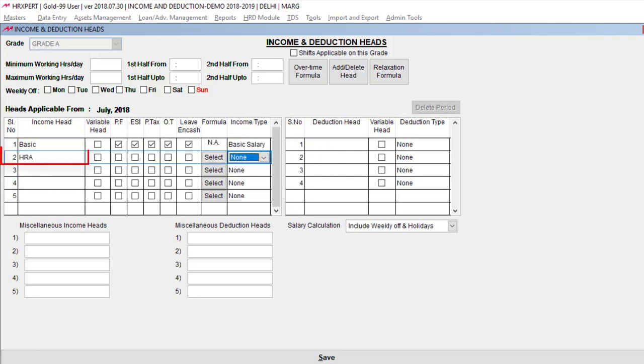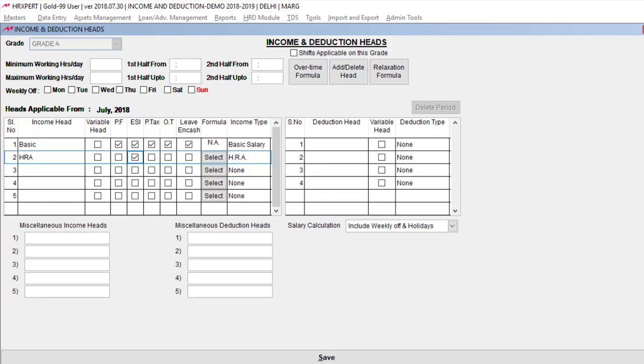And similarly, if you enter the next income head as HRA, and suppose we select income type as none, then the exemption of HRA which we get in TDS will not be received until we select the income type. Because every company creates heads with different names. Some companies create the income head as HRA, some enter house rent allowance, and some enter H.R.A. Due to this, the software does not recognize which HRA you are talking about, and the exemption in TDS is for which HRA. So for this, selection of income type is necessary.